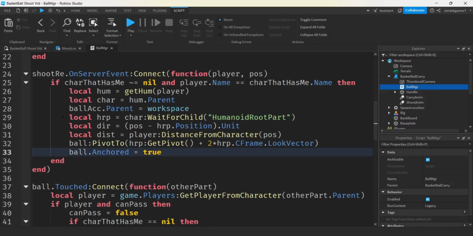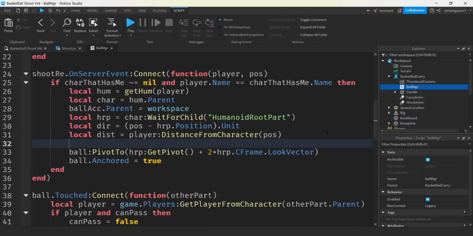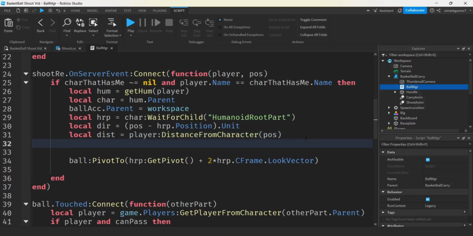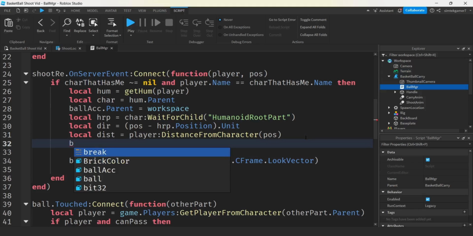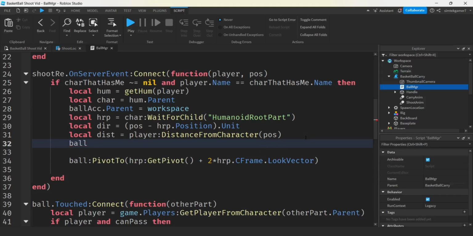And right here, I think right after the distance, I'm going to make some changes, right? Let me put a space here. And I'm going to get rid of this anchored because we don't need it anchored. We're just doing that for testing. Let's put another space. All right, so in order for there not to be any lag for the person that's shooting, and I didn't do this in the demo, but let's do the ball. I didn't have a problem with it in the player, but you might have a problem with it when you're playing the game in real. I'm going to do the